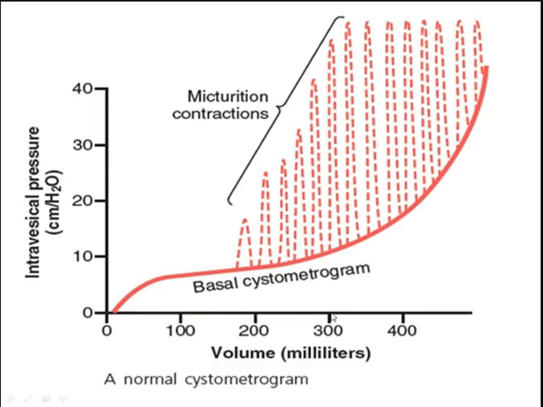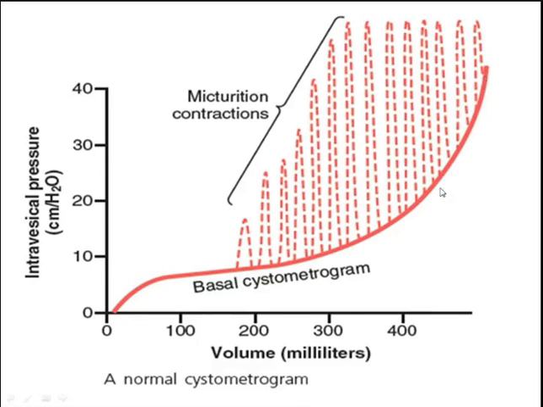So see, up to 300 or up to 400, in between this there is only a marginal rise from 0 to 10. Okay, and this part is constant. There is no increase in the intravesical pressure. The volume is increasing from 100 to 200 to 300, but still there is no steep increase. But when the volume increases more than 400, there is a very steep increase of the intravesical pressure.